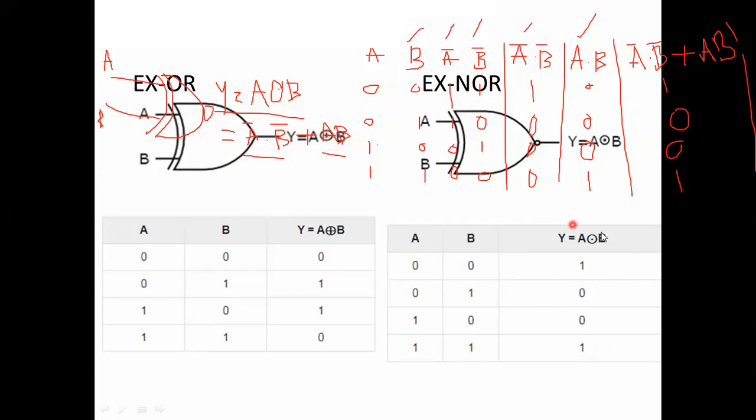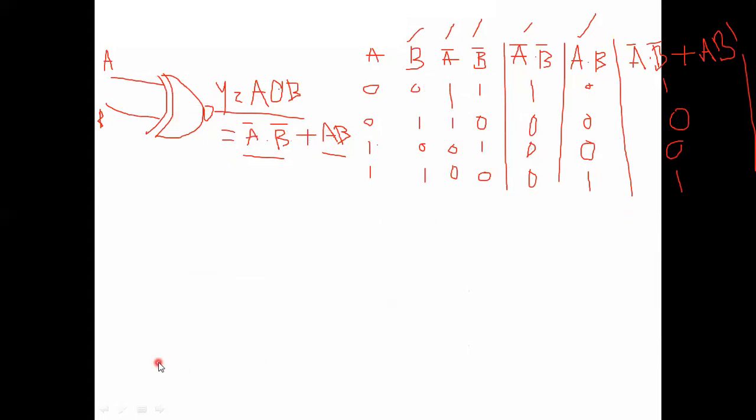A exclusive NOR B is equal to A bar dot B bar plus A dot B. Okay, Amma? So now draw the logical diagram here. Already we know how to draw the logical diagram. How many variables are there? Only two variables, A and B. Draw the lines for each variable. This is the line for A. If you connect a NOT gate here, what is this?